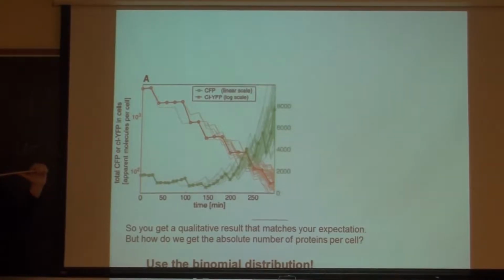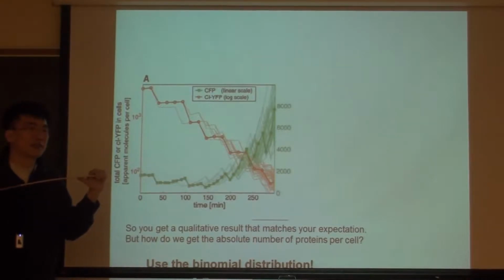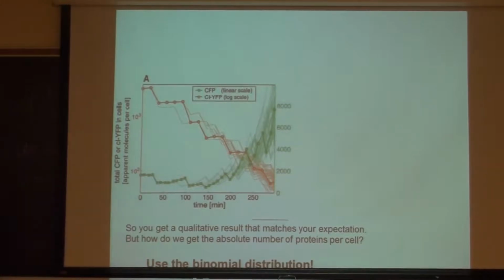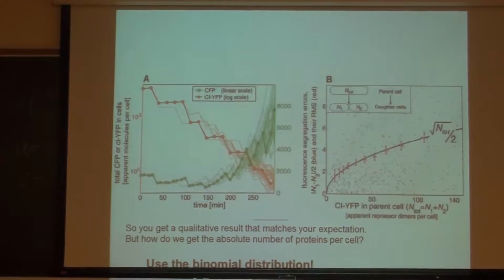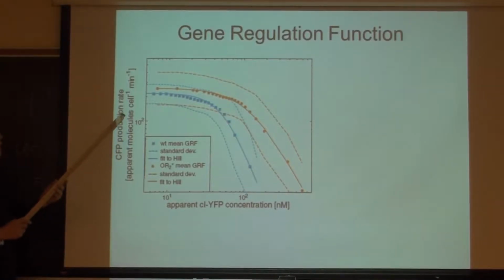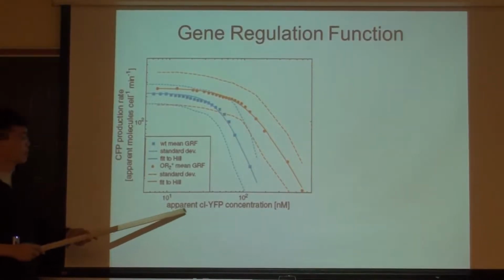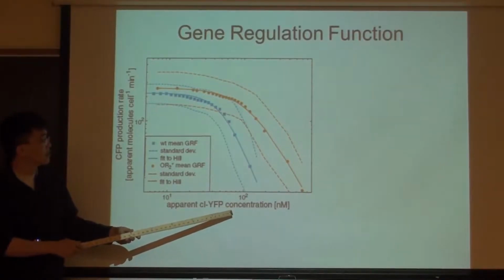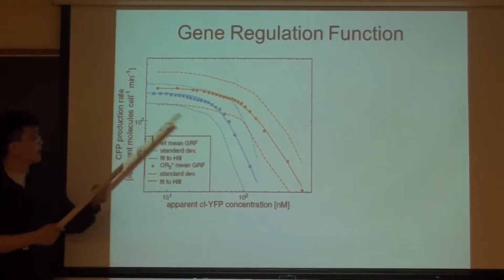Again, if you have 1 million proteins, then fractionally that noise of partitioning will be very small. But if you have 10 proteins that you're dividing into 2 cells randomly, then you'll have a large amount of partitioning noise. Right? So they used it to estimate the absolute number. You will discuss this in one of the homework problems, but in the end they were able to estimate the production rate as a function of the repressor concentration, still apparent concentration,